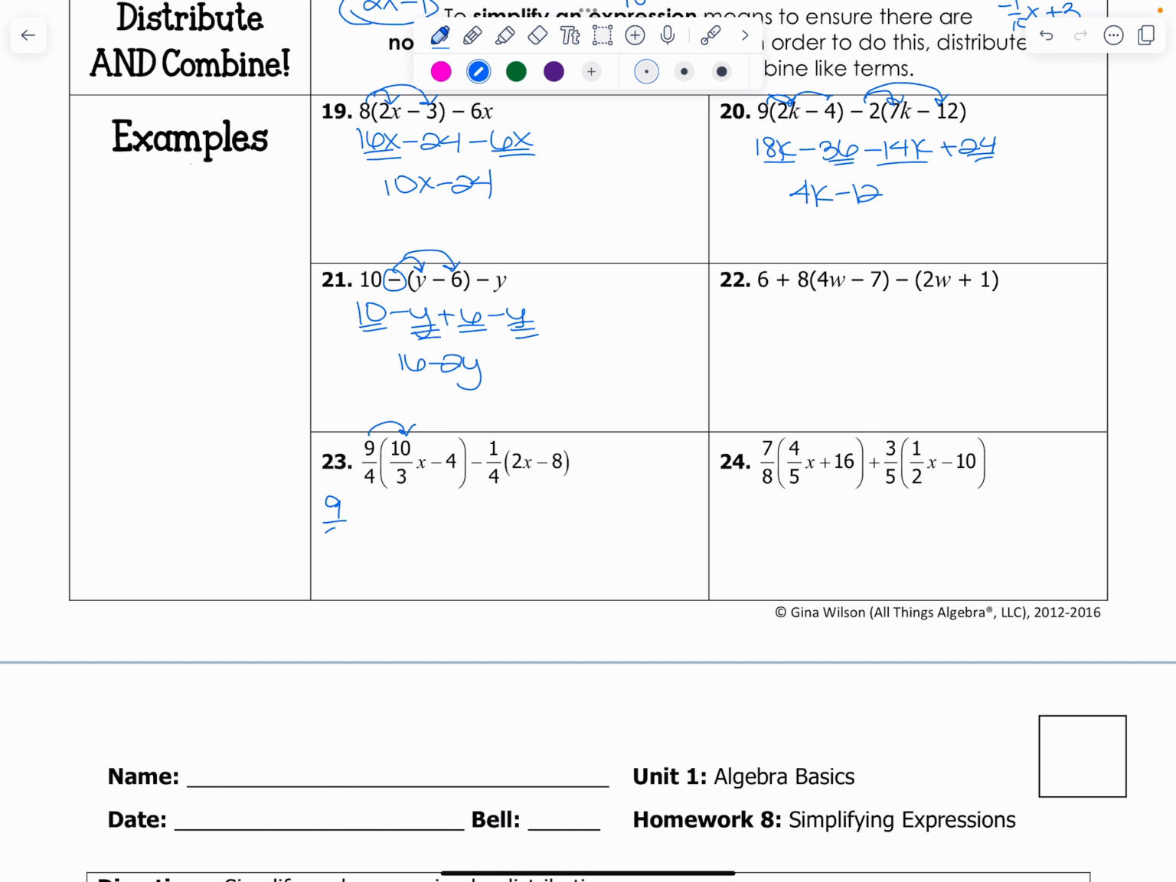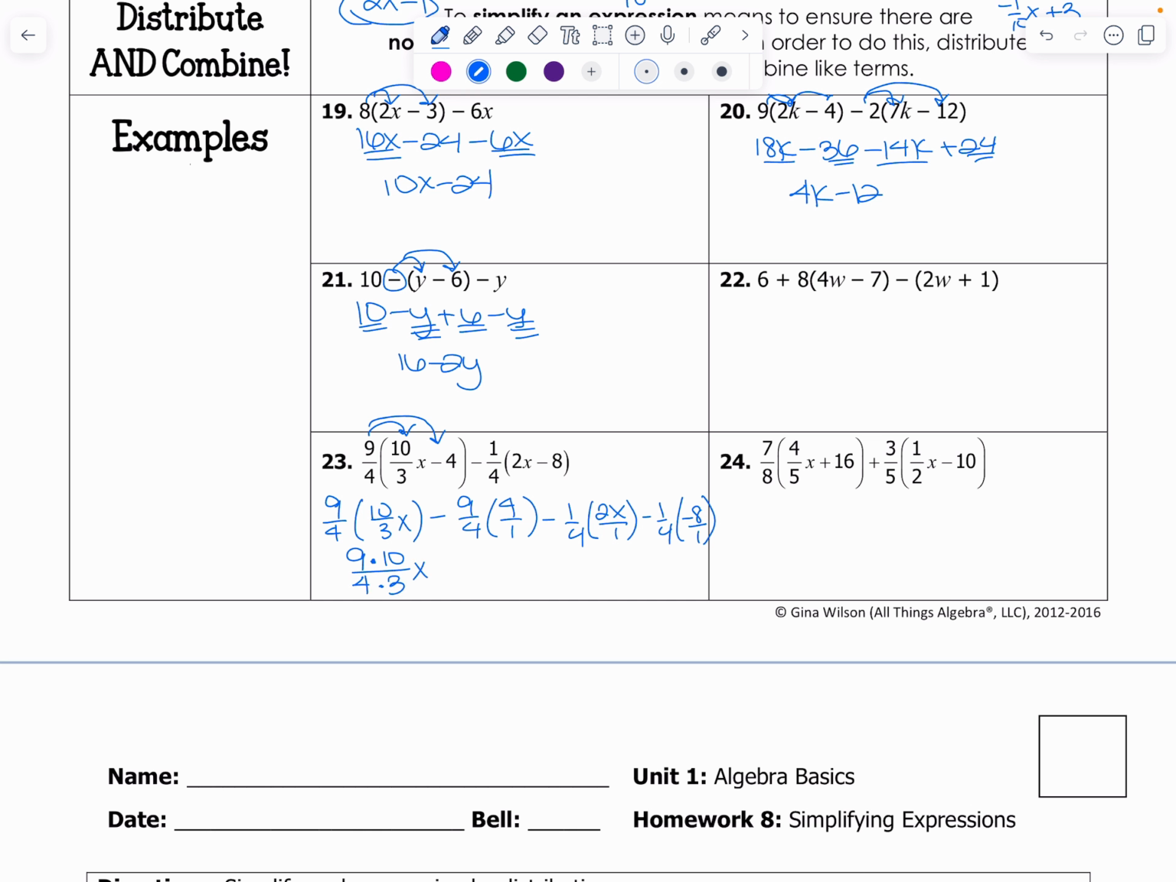So 9/4 times 10 over 3x minus 9/4 times 4 over 1. So I did distribute to both terms. And I have a -1/4 times 2x over 1. And then a -1/4 times a -8 over 1. So that gives me a 90 over 12. And I wouldn't necessarily do this now because it's starting to get a little bit out of control with these fractions. So what I would have done is, just so that you could see how things cancel out,